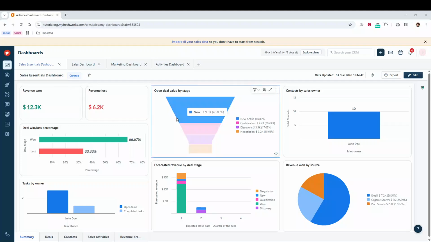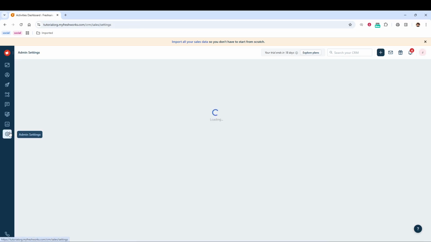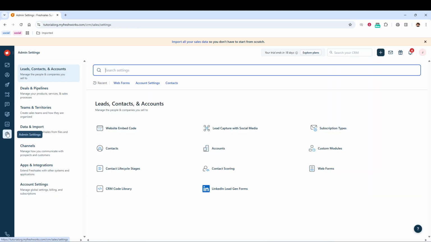In today's video, I am going to teach you how to create a web form in Freshsales CRM. Start by opening Freshsales and looking at the left navigation bar. Find the Admin Settings option, which is shown as a gear icon, and click it. This takes you into the area where you control system-level setup, including tools that help you capture leads from your